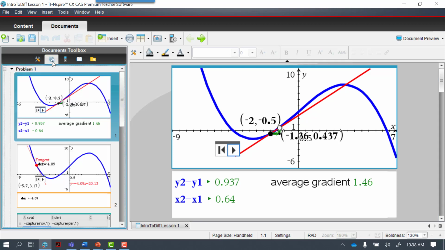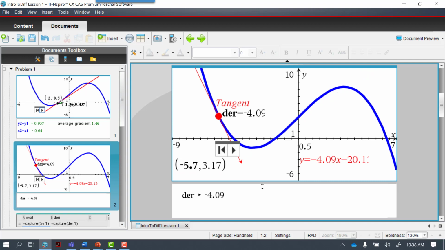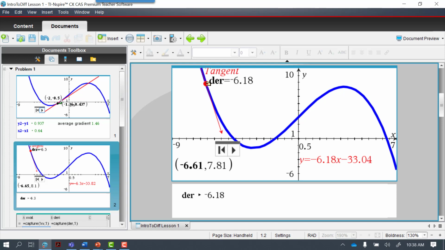Let's go to the next screen here. So it's the same function that I have got, and I've got this point over here, and the x value currently is negative 6.73, as you can see on the screen. Now when I move this red point, the x value is changing as we expect, but you'll also see I've got a red line which is the tangent now. So it's not a secant anymore, it's a tangent, and right under that it says the derivative value is negative 5.71, which I'm displaying over there.